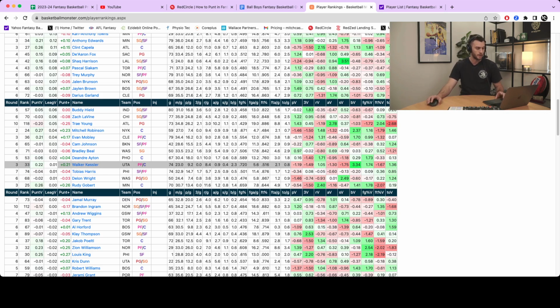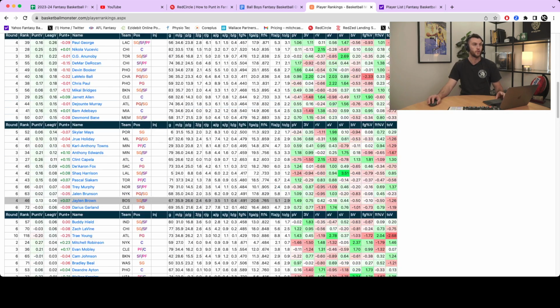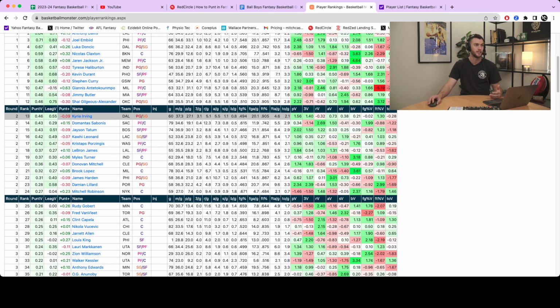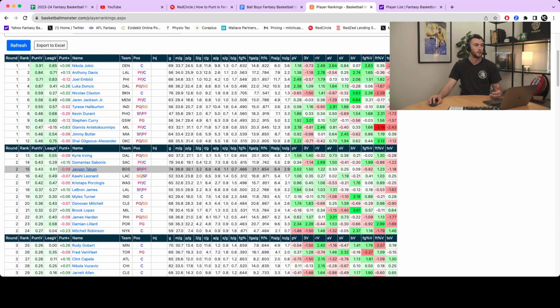Or maybe, for whatever reason, a Kawhi Leonard has dropped because people are worried about his injury. Even in my punt build, Kawhi Leonard is not a bad free throw percentage shooter. He shoots 87%, and he's 16th in last year's per game rankings. He gives me great points, great threes, steals, assists. I might be looking to grab him. And then in the next round, if I'm lucky, maybe an Evan Mobley might still be there. Maybe someone like a Rudy Gobert is available later in the draft.